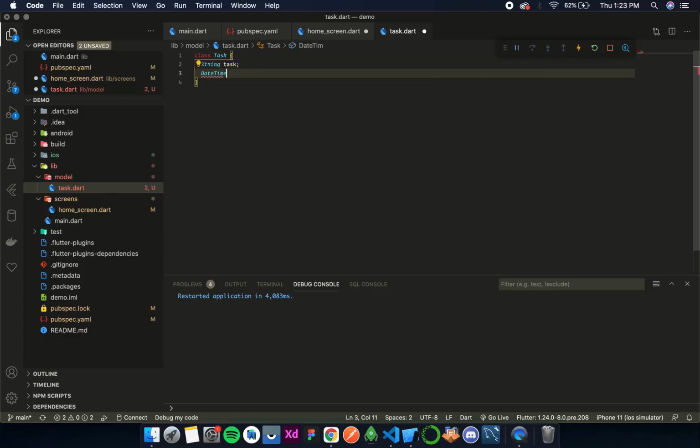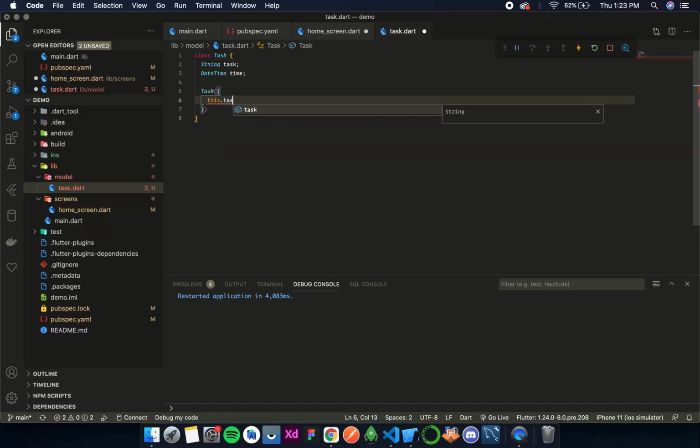There is a variable in Dart called DateTime that deals with the date and time. So simply call the time. So this is done. Now let's create its constructor. So task, this dot task, and this dot time.